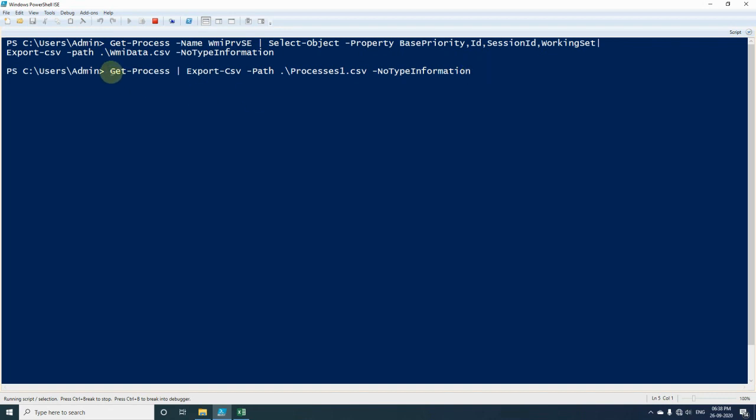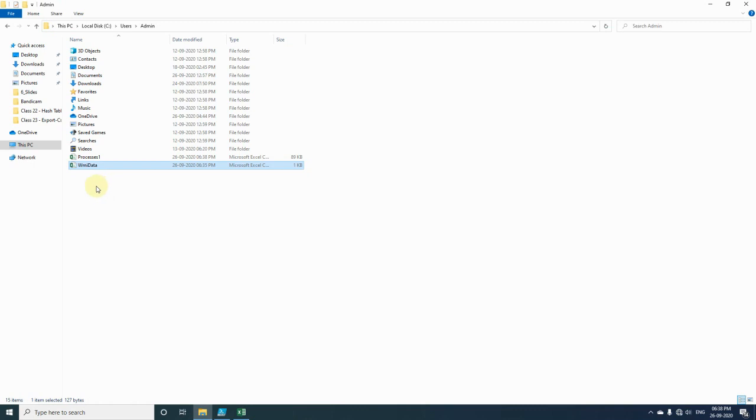Since we are using Get-Process, it will be fetching all the processes in the system, and that number will be high, so that is the reason it may take a little more time. Now if you check in the path, here one file got created called processes1 in the form of CSV.